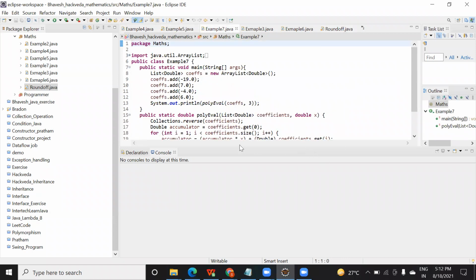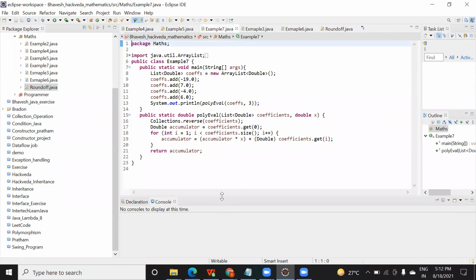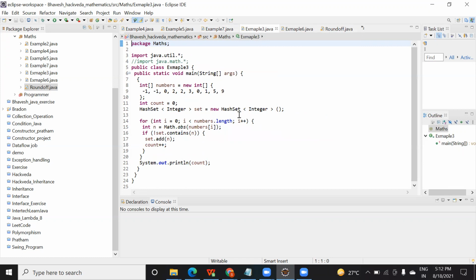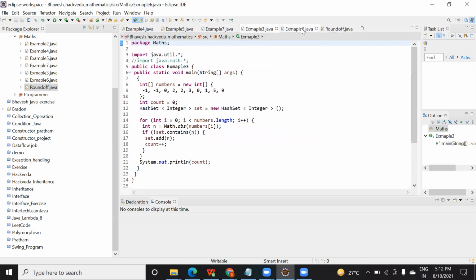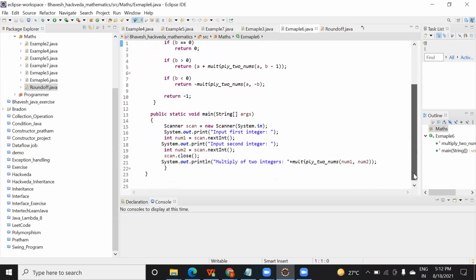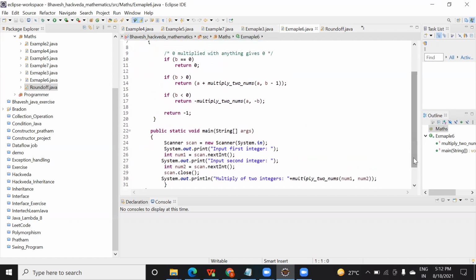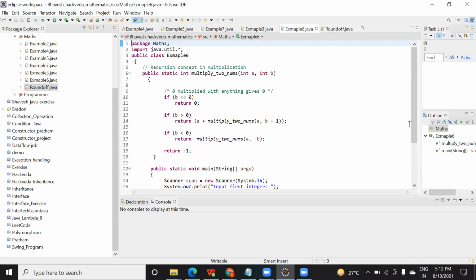Now this is the next question. This is based on a collection, so you might be aware. Let's take a simple one. This is again function calling. One code is there. In Java, how we make a class, you already know, right? Public class. This public is not mandatory. You can remove the public also because you want to access the class within this package only, not from outside or from another class.